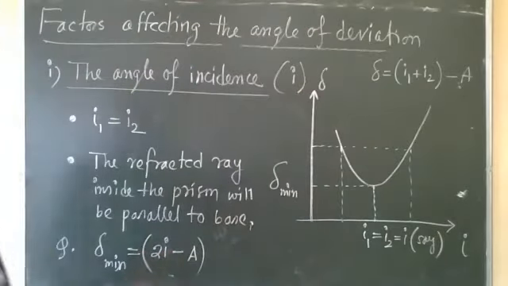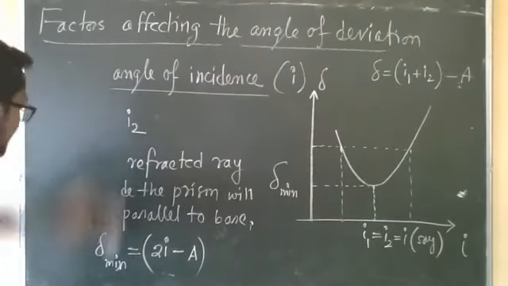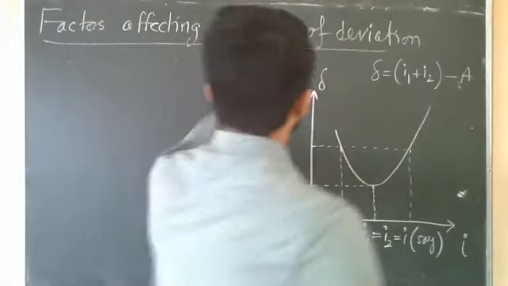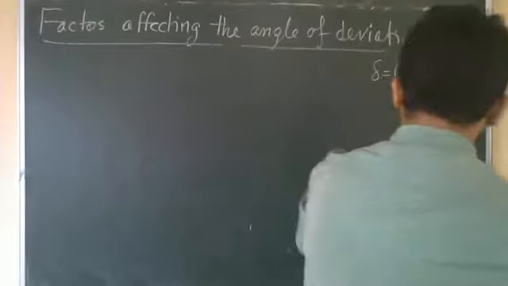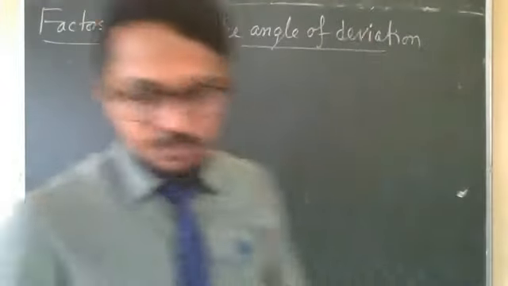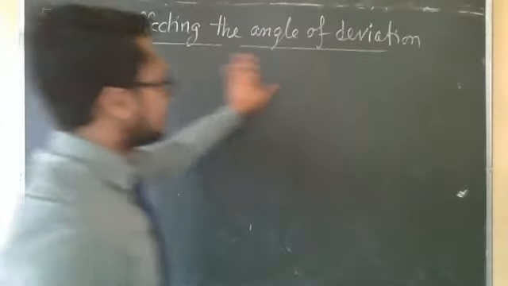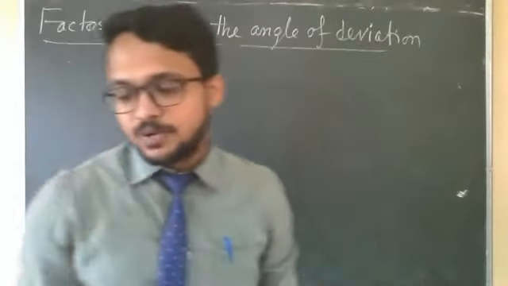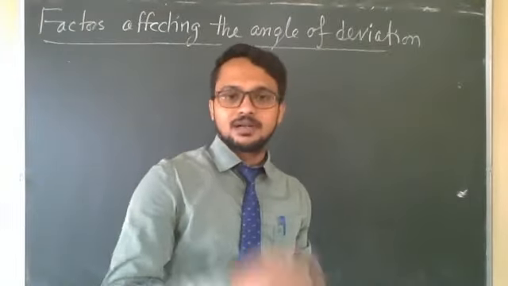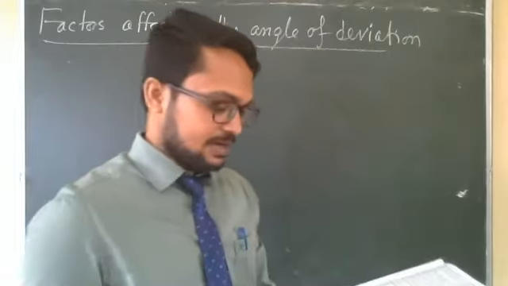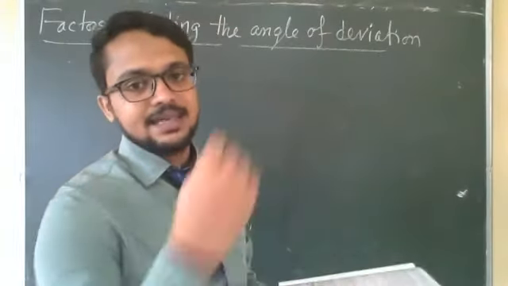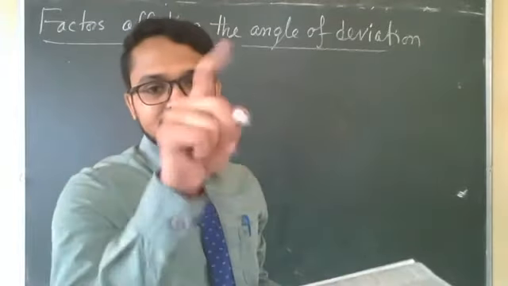Okay, so come to the second point of angle of deviation. The second point is for the next few points. If you can remember one small formula that is written in your book, then there is no need to remember the reason. Just at the end of point number 4, one star mark is given.